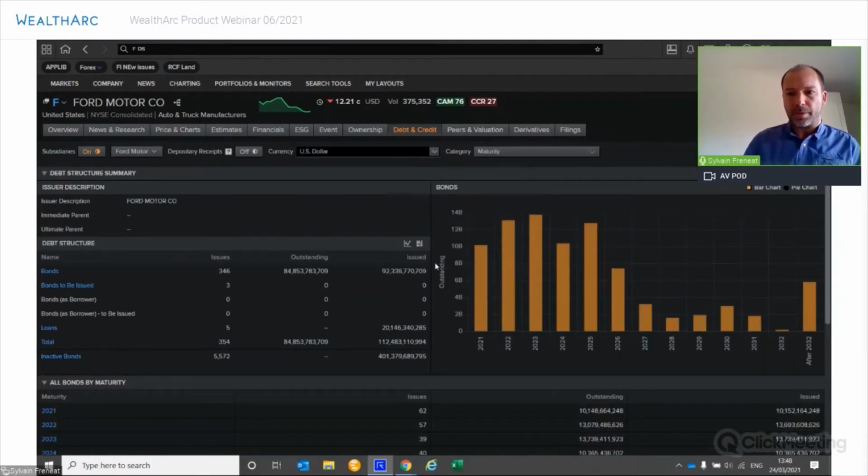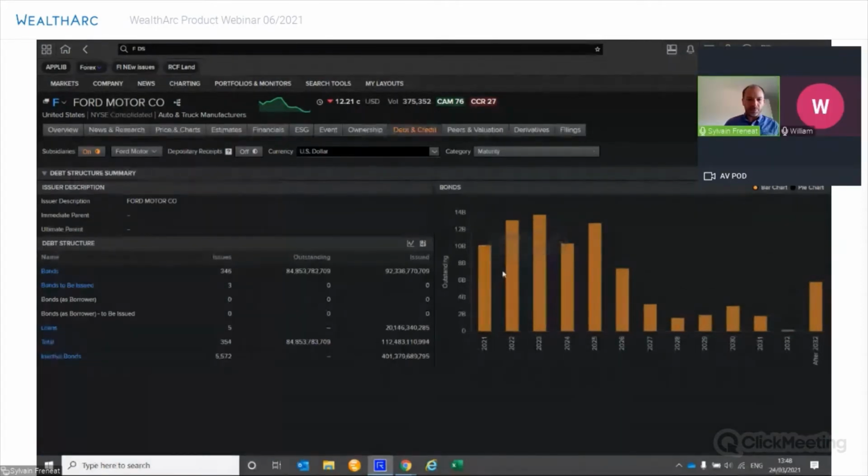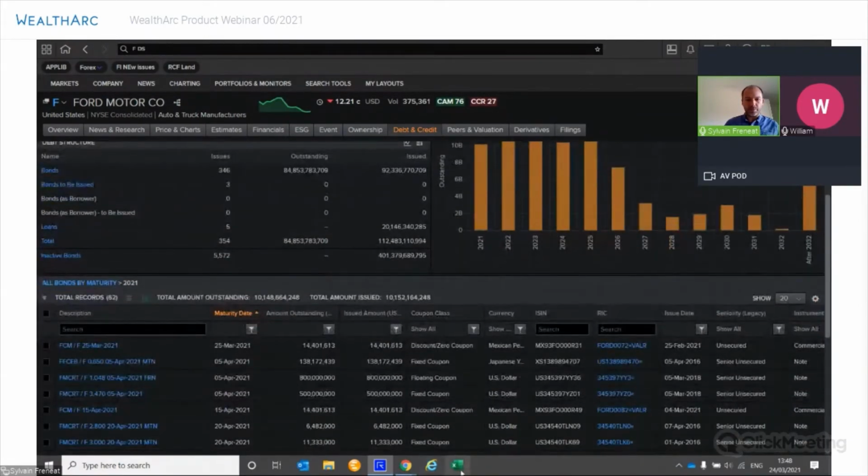So maybe this is just an overview of the platform for you today. But if you have any questions, just come back to me. I'll be happy to explain more about what is available and what you can do with the platform. Of course, the platform comes with the Excel add-in, so you have a lot to do also with the Excel functions, the links that are automatically updated.